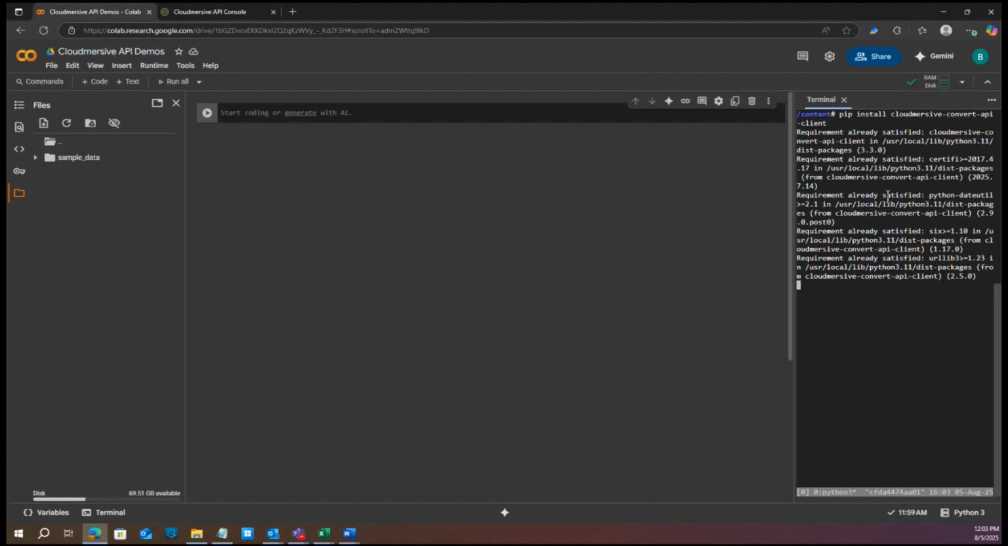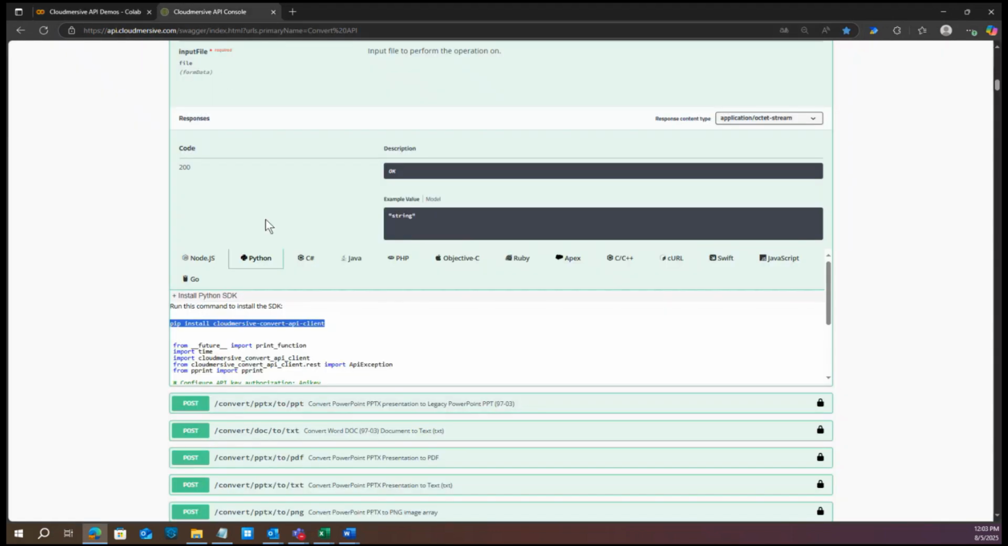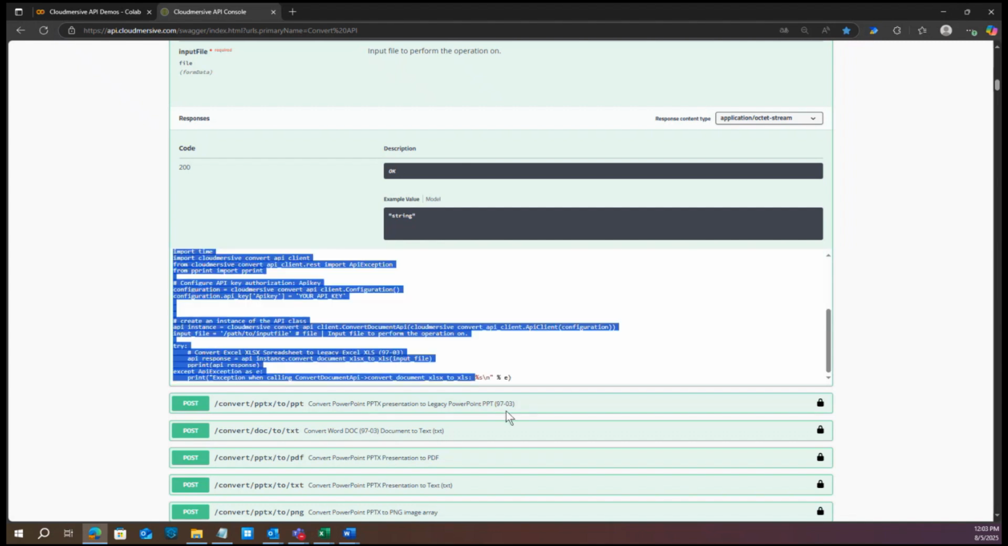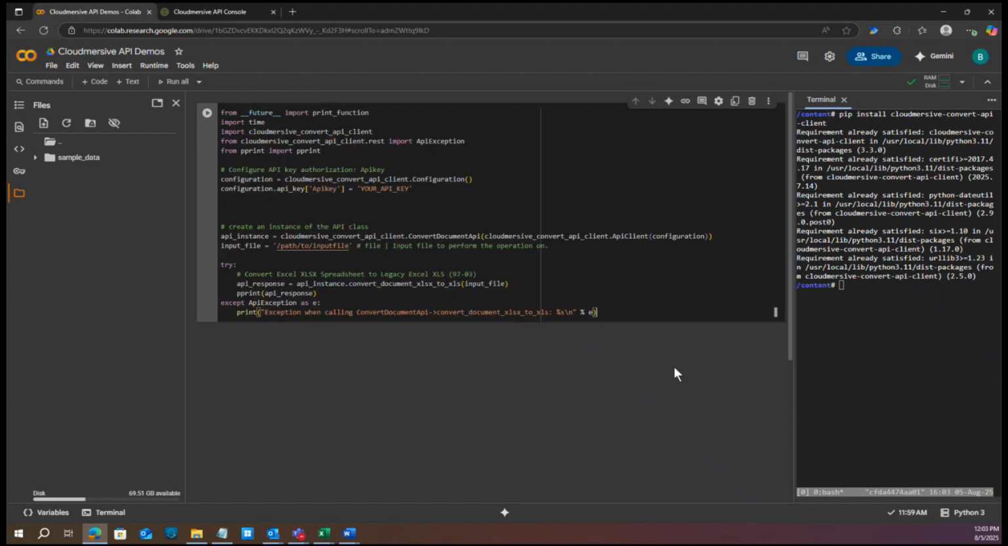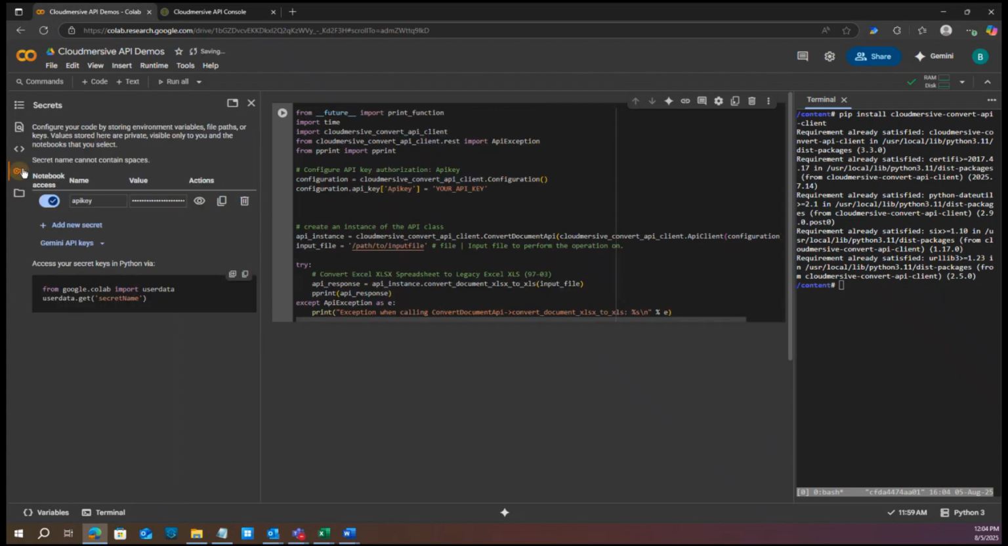Once the requirements are all satisfied, we can go back to the API console, copy the rest of our code below the pip command, and paste that straight into our environment. The great thing is this code is close to being runnable as it is. It's just missing our API key, input file path, and a way to actually write the API response to a new Legacy Excel document. Since I'm in Colab, I'm using the Secrets tab to store my personal Cloudmersive API key,